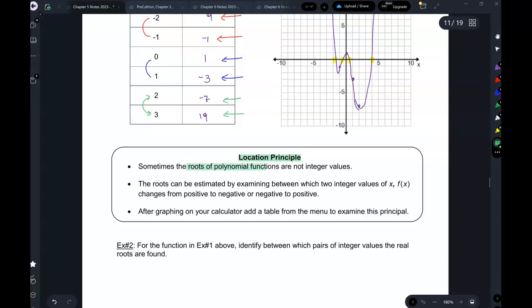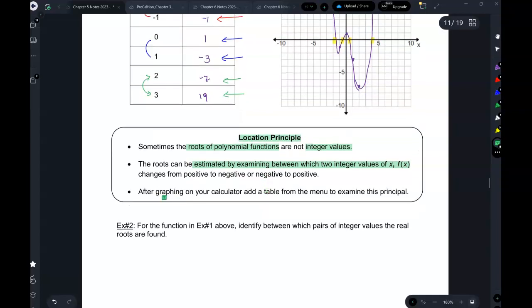So the roots of the function are not integer values. The x-intercepts here are not x equals negative 2, negative 3. It's like some decimal, negative 2.4, negative 1.372, right? However, you can estimate them by examining between which two integer values there is going to be a sign change in the y, okay? And when you graph on your calculator, you can get a table as well to see this principle. So why don't we go back